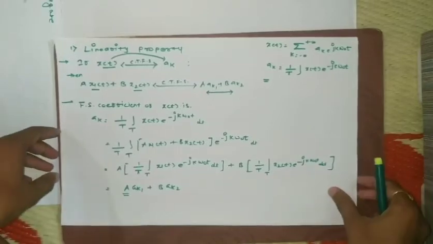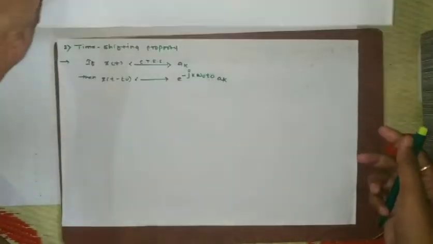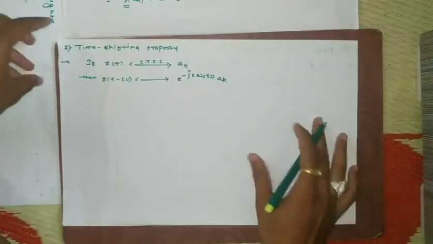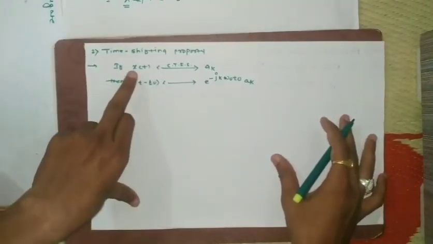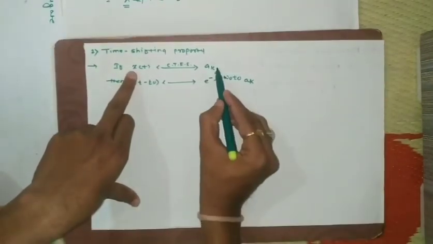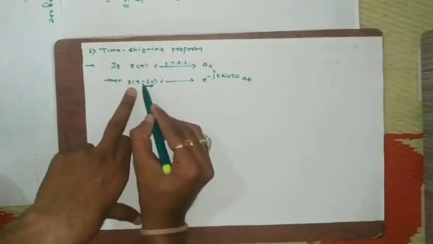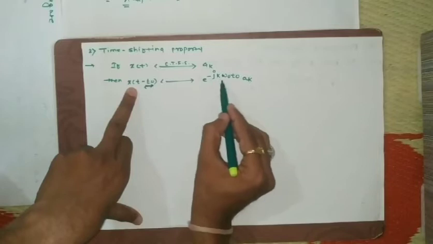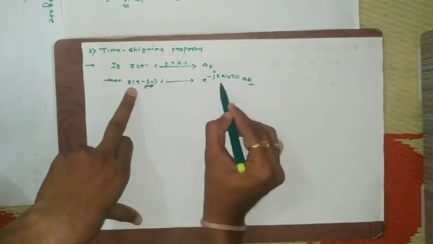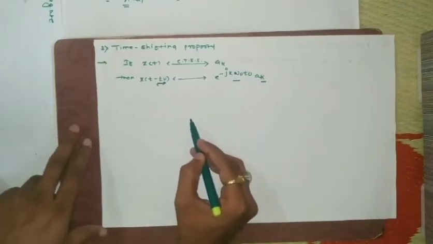Now we'll move on to the next property, that is called the time shifting property. Here is the statement: if we have an input signal x of t whose coefficient is ak, then if I shift the input signal by a certain delay t naught, the same should be reflected in its Fourier series as ak into its exponential term. Now to prove this property,